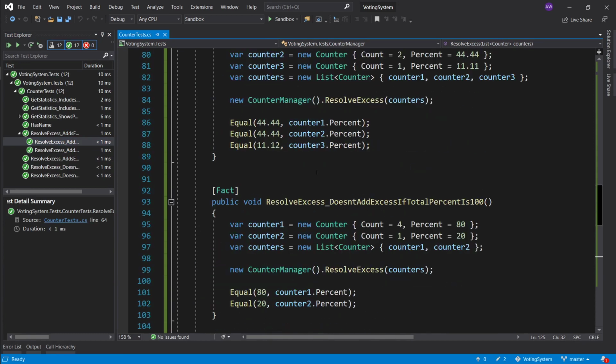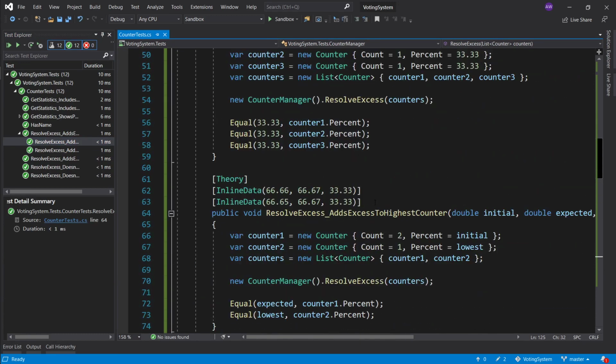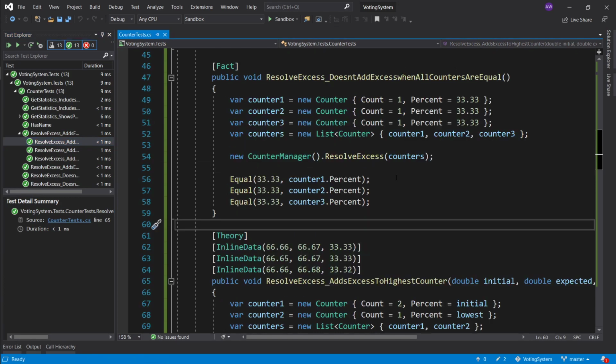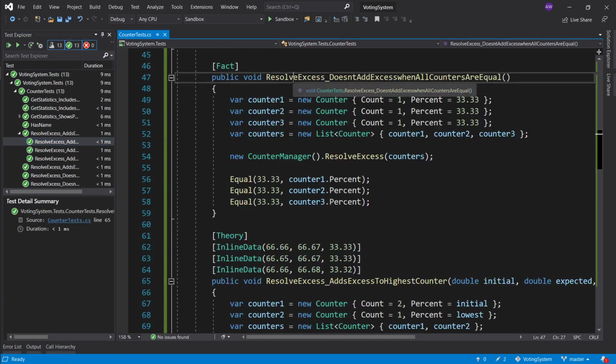Another thing I would like to do is, let's say we're in a situation where this is 66. However, this is 32. So this will have to be 68. Okay. I'm just curious as to what will happen. And it's passing. Okay. So now that all our tests are passing, what I'm actually going to do for these